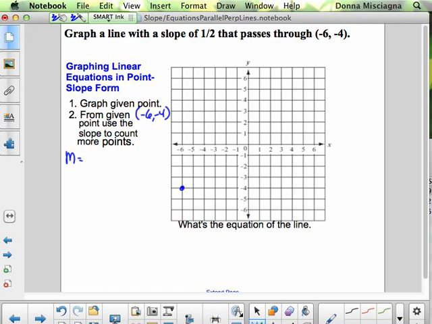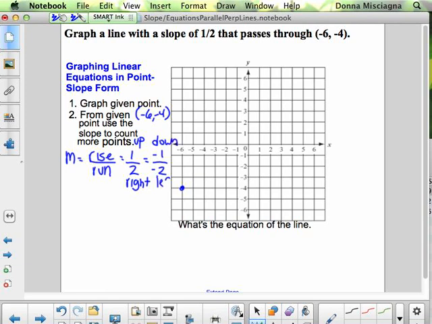As a reminder, the slope is rise over run. And we have a positive slope, which means that either both the rise and the run are positive, which means we'll count up and to the right, or they're both negative, and we're going to count down